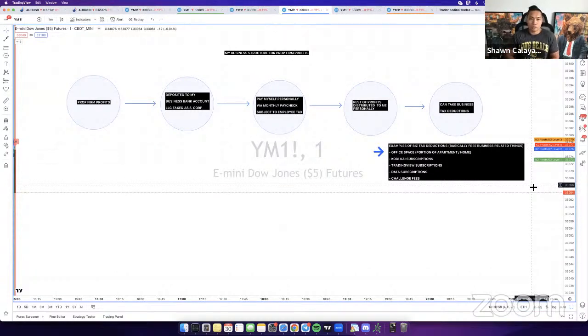So with FTMO, you're not necessarily getting paid to trade their live account, right? Because they say that you trade a demo account. So if you're trading a demo account, they're paying for your skills in analyzing the charts, right? That's where my lawyer background comes into play, because it's kind of a gray area. When you're trading with FTMO, you think you're trading for them, but you're really not, because in a sense, they're giving you a demo account.